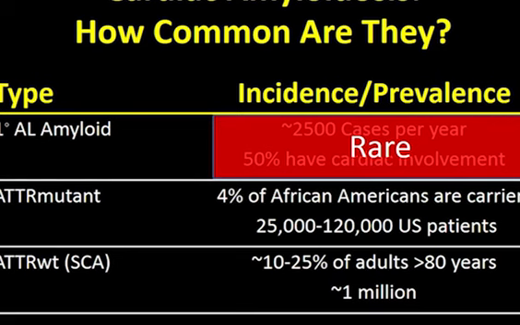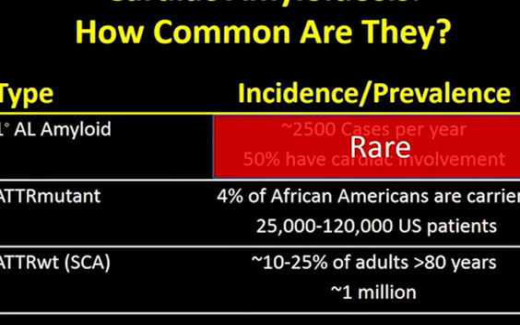Transthyretin amyloidosis due to a mutation is more common than AL. It affects individuals in the United States who are predominantly of African American or Irish descent. The reason is that African Americans commonly carry a mutation in their TTR gene that leads to this disease. In fact, it's estimated that between 3 and 4% of African Americans at birth have a mutation called the